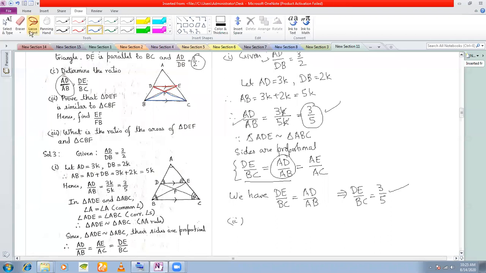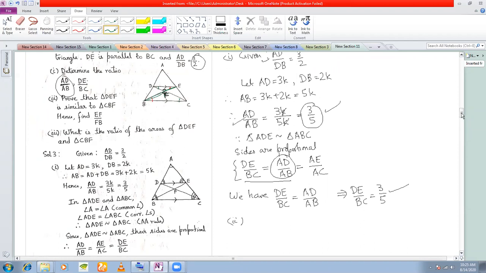So you'll do the proof of similarity. How do you prove similarity? I will not write the proof of similarity; I'll simply show you the equal angles. Once again, these two are vertically opposite angles. These two are alternate angles. So therefore the two triangles are similar, and obviously the third angle will be equal. Let me mark the third angle also. So the proof of similarity is over. The question here is next, find EF. This is your F. EF, this length, EF by FB.